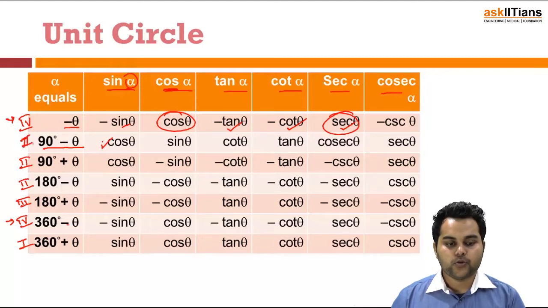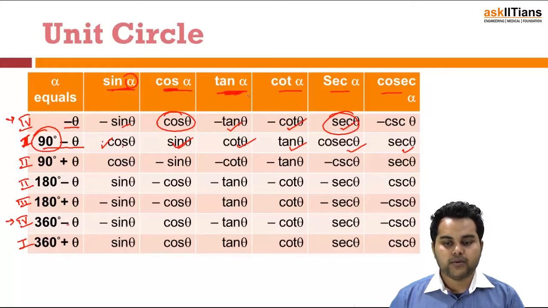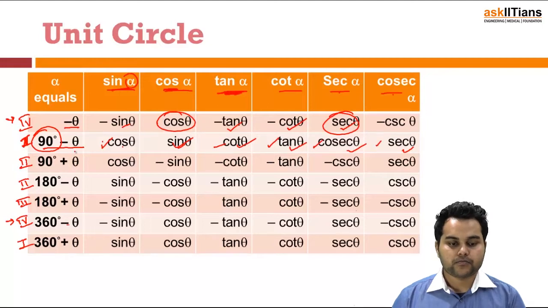If I have a look at the first quadrant, all of them should be positive, and hence they are positive. Just that it's an odd multiple of pi by 2 in the angle, so the ratios would change to sine to cos, tan to cot, and sec to cosec. So sine of 90 minus theta would be cos theta, cos of 90 minus theta is sine theta, tan of 90 minus theta is cot theta, cot of 90 minus theta is again tan theta, sec of 90 minus theta is cosec, and cosec of 90 minus theta is sec theta.